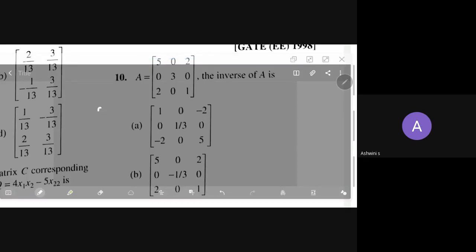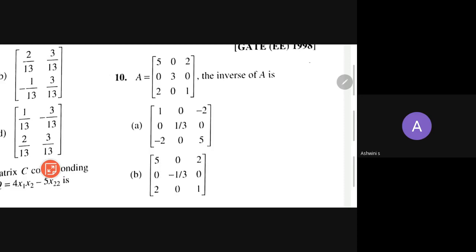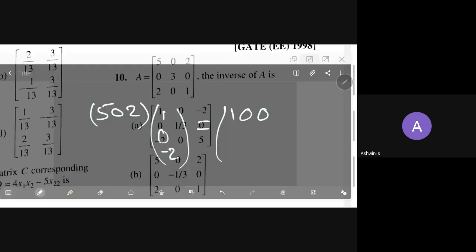So if you multiply 502, that is the first row of A, with this 10 minus 2, that is what I am saying. You are getting, see, quick computation, 1 will come here. 502 multiplied by second row, that is 0 something 0. So what you will get? 0. Third is 0. Then if you go for the second row, 030. If 030 is multiplied by 10 minus 2, then you are getting 0. Likewise, I hope you got.